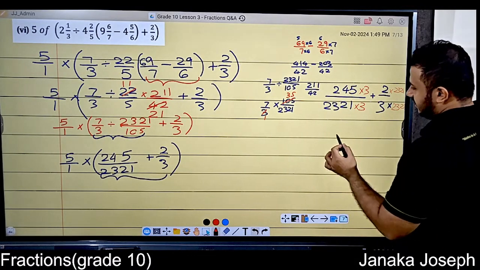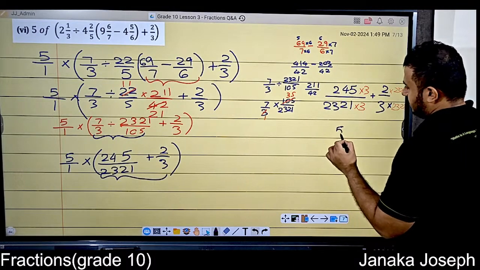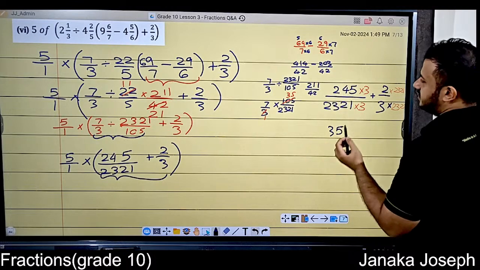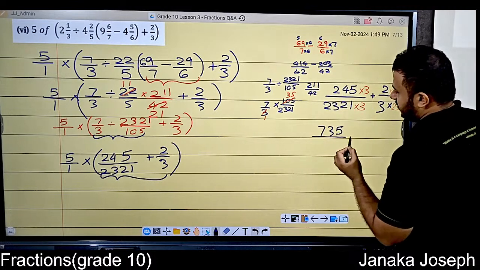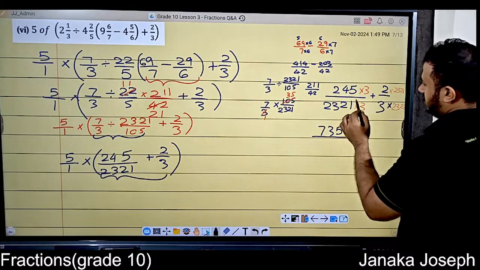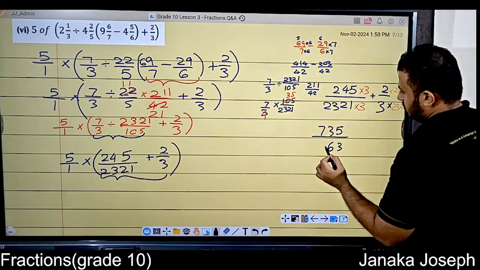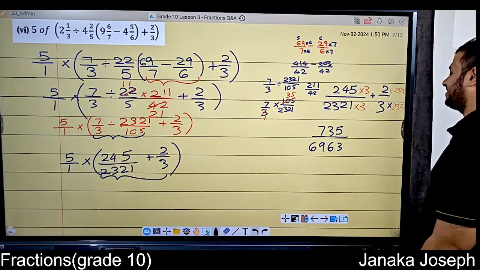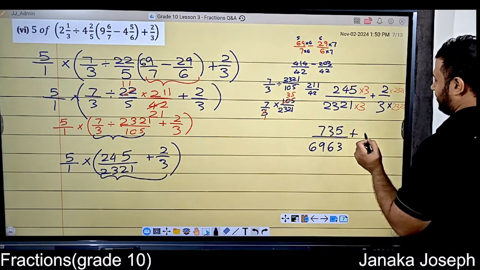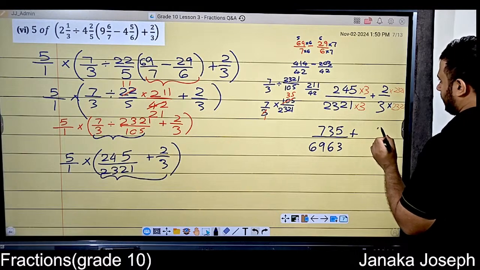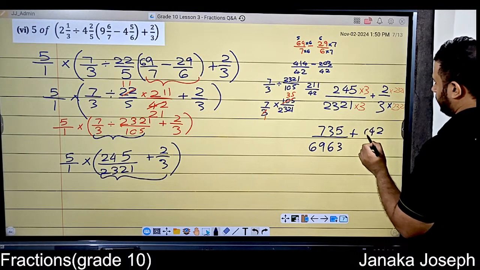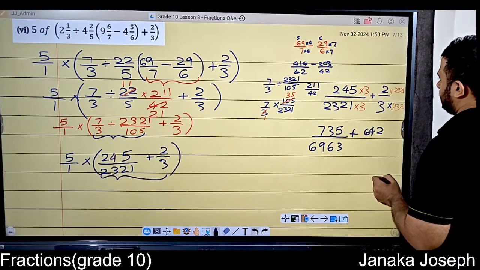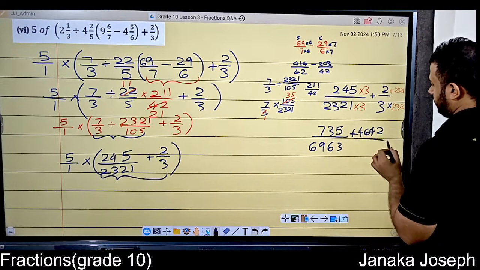When you multiply by 3, it's going to be a 15, 1 comes here. That's a 12, 13, 1 comes here, and that's a 7 over 3, 2, 9, 3, 6, 9, 6. Add with this will be a 2 4 6, 4 over